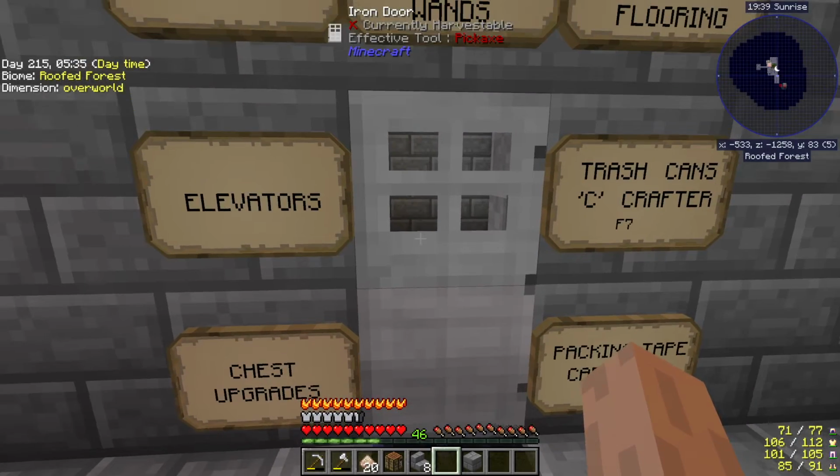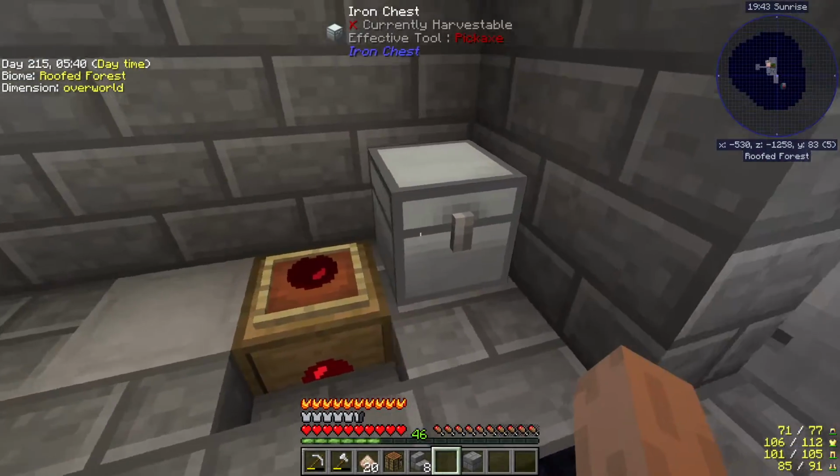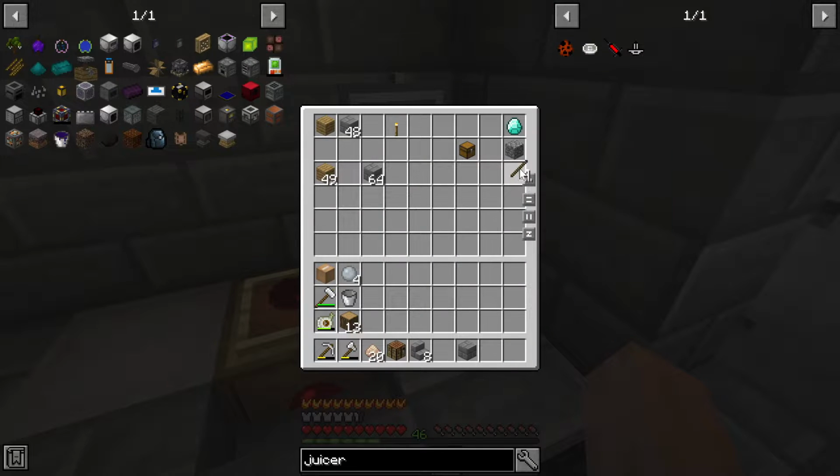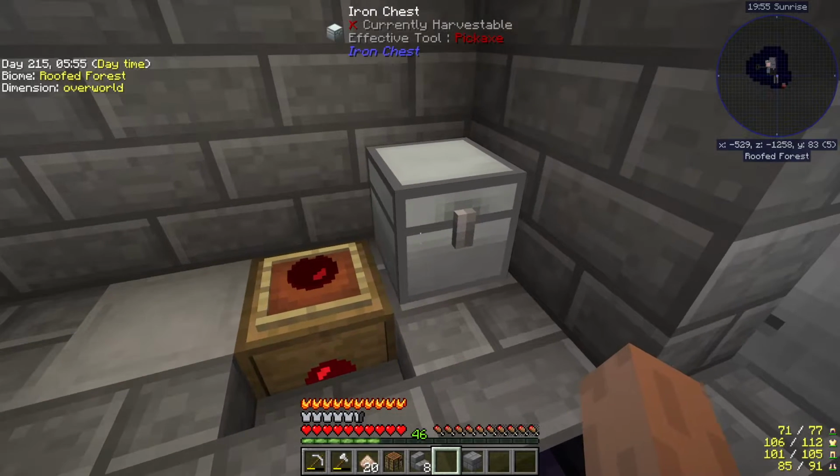Construction wands. These are really, really powerful. We're almost done with the video, too. Okay. Construction wands. If you're not familiar with these, you really need to be, because they're going to make your lives a lot easier, by far. Alrighty. So,